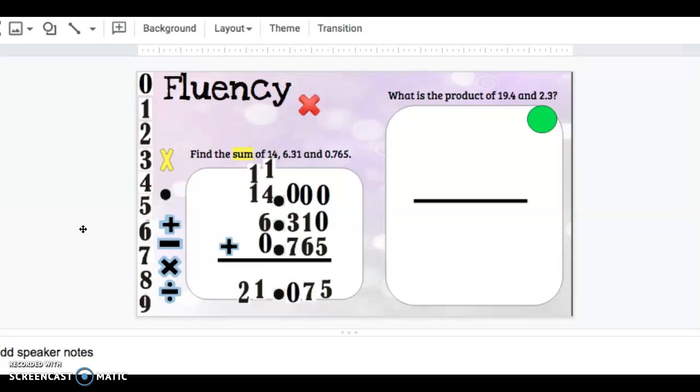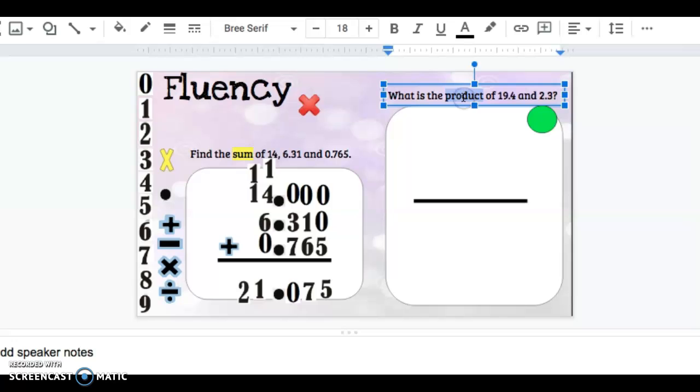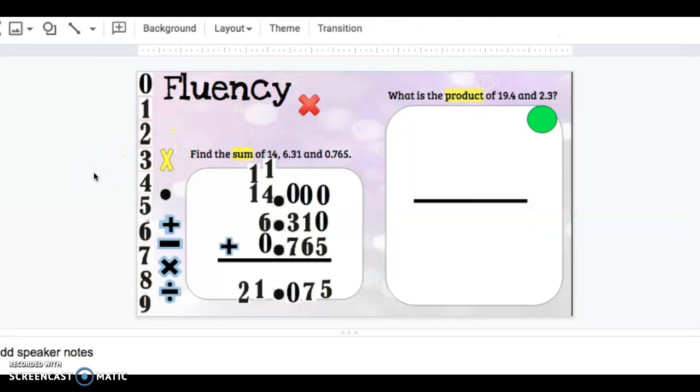75 thousandths. So your next problem is asking you what is the product of 19 and 4 tenths and 2 and 3 tenths. So product is one of our new words that we've been learning, and product is the answer to a multiplication problem. Okay, so our problem on Friday for our writing prompt is going to be finding the product of two numbers. So we need to make sure that we're paying attention to this